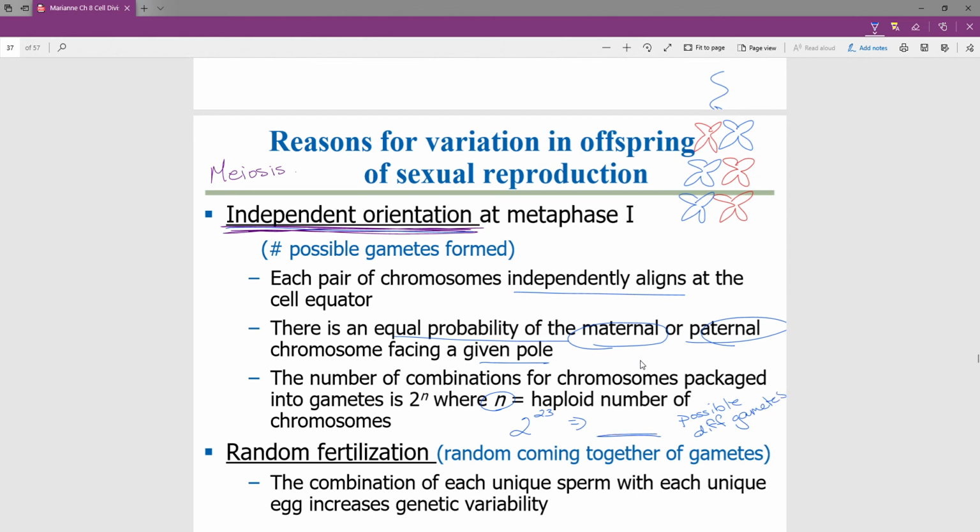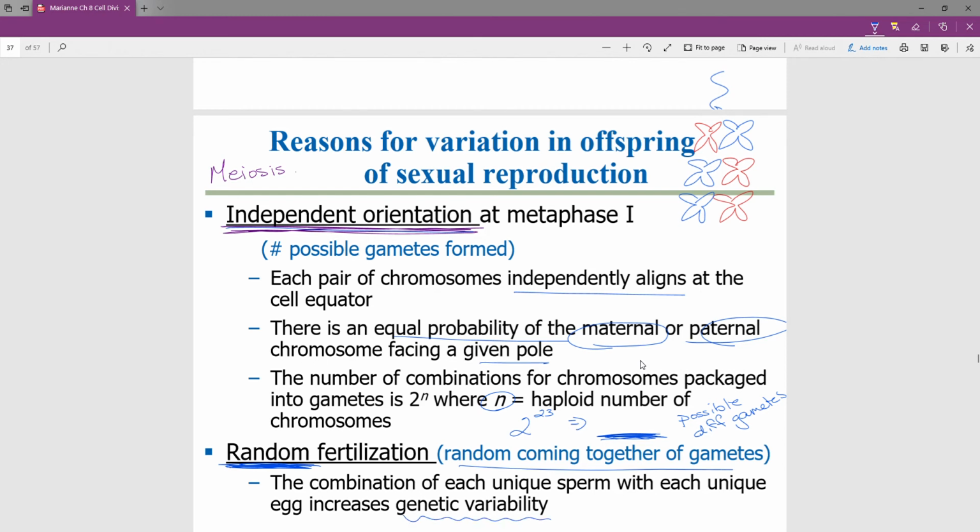I'll leave it for class or you to calculate this number. Now, that's not the end of creating a new offspring through meiosis and sexual reproduction. So it really depends. In this huge number, there's a random fertilization. Now, I'm not telling you to fertilize your egg cells or fertilize randomly. Hopefully there's some thought to it. But the idea that any 2 cells come together, so a random coming together of gametes, creates a huge amount